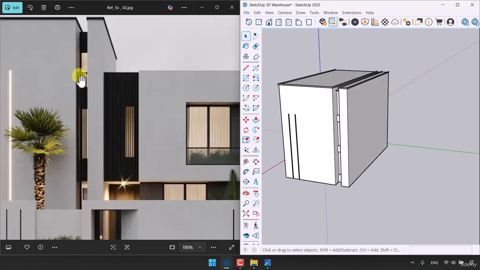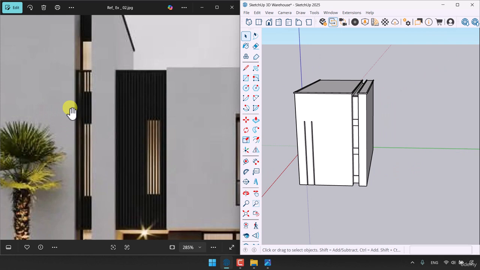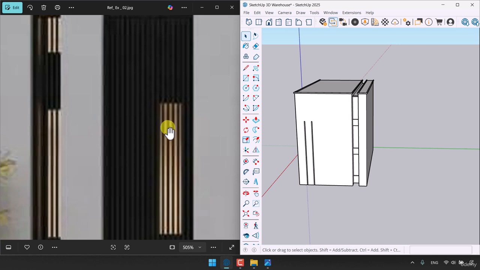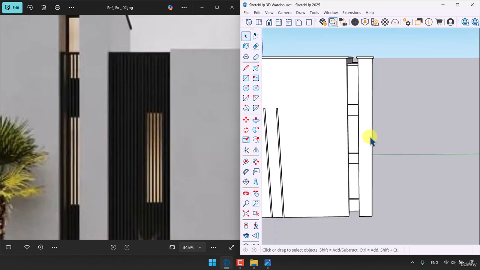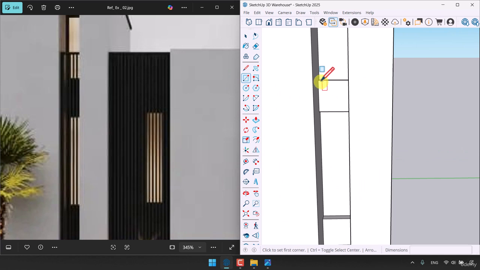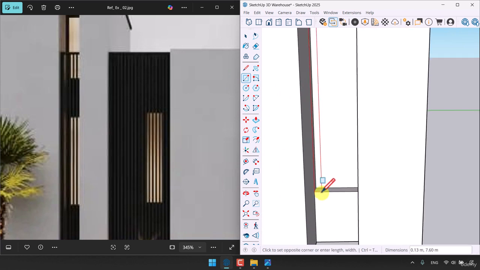Now I'm going to create this steel panel. Actually, I think it can be some type of metal. I don't think it can be wood or something like that. These panels are repeated in our exterior facade design. So I think I'm going to click on the rectangle in this case. Draw some type of panel like that with some dimension about